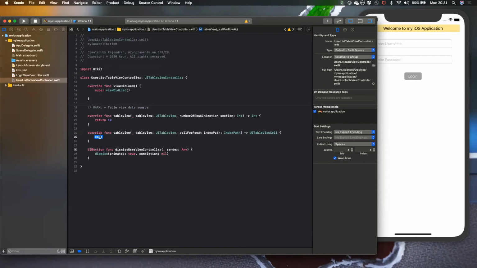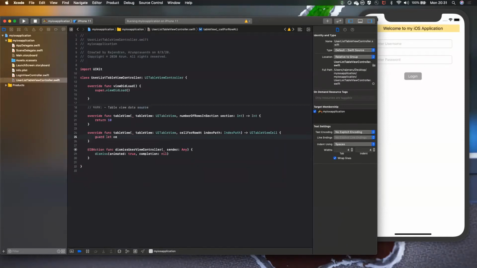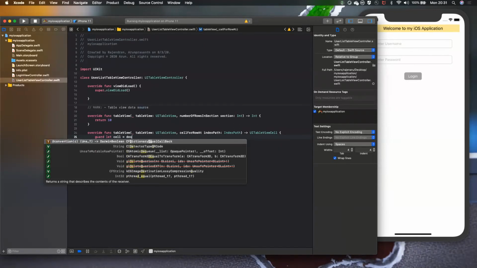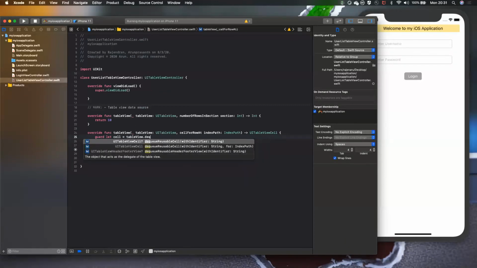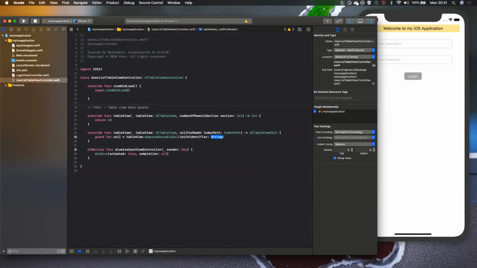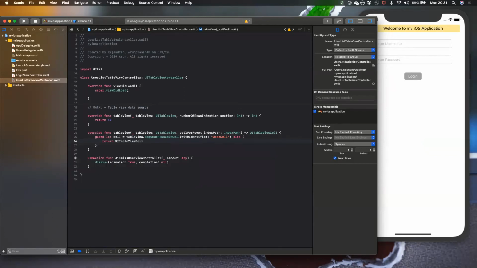First I will check whether the particular row is empty or not. For that I will use the same strategy. I will use guard let cell, table view dot dequeue reusable cell with identifier. We just provide the name of the cell, user cell. If it is not empty, you will be setting the values, and if it is empty, you just return the default cell. In this, you can see why we are using dequeue reusable cell, because the table view